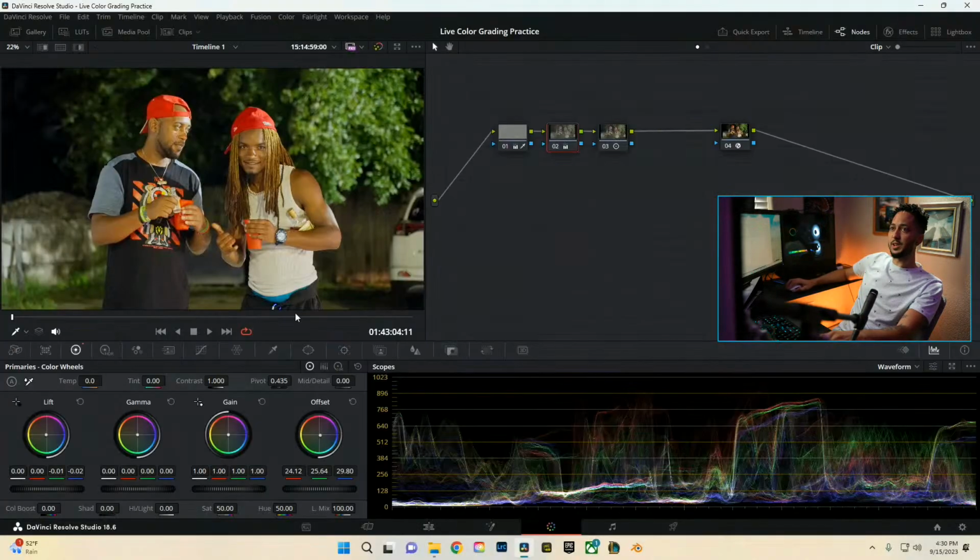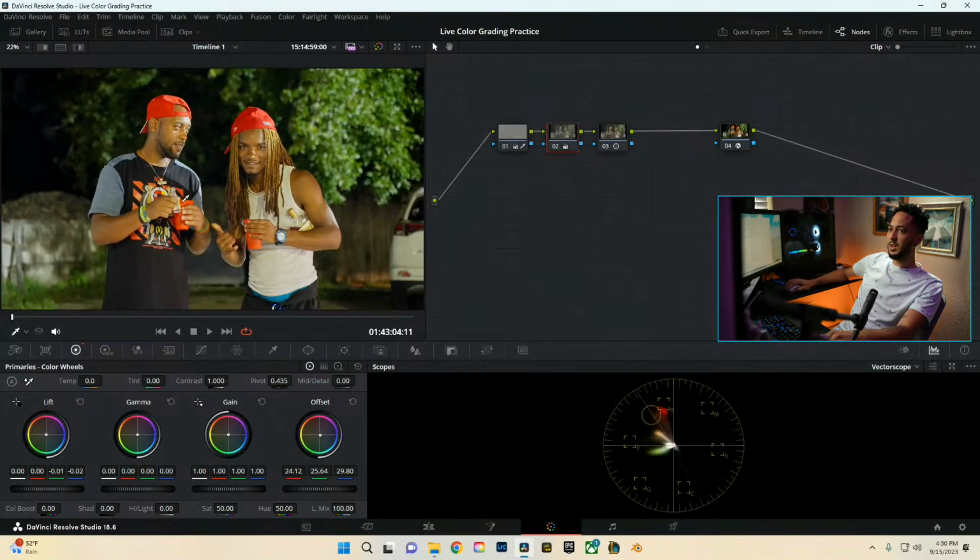Alright, and that's pretty good. And then from there, though, lots of the skin tones are still in the greens. So what I'm going to go ahead and do is, and you can check that actually here too, if you come into your vector scope, we can hover above the skin tones, and we see on the actual vector scope that the skin tone indicator